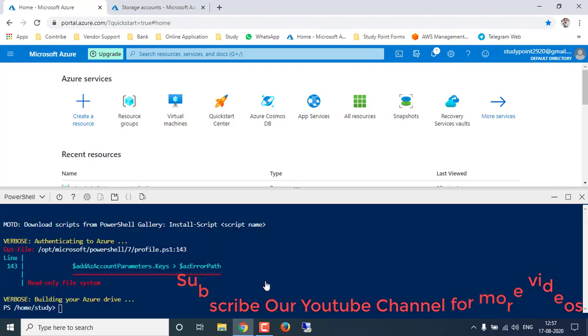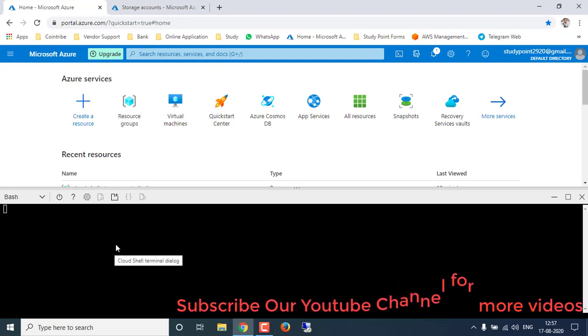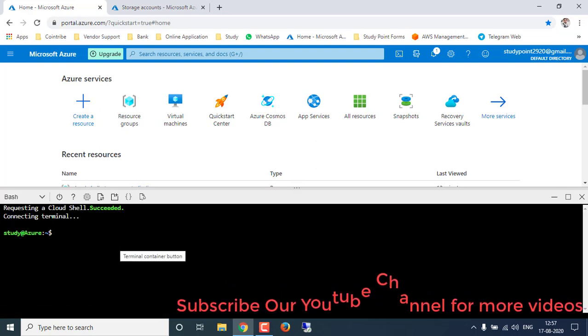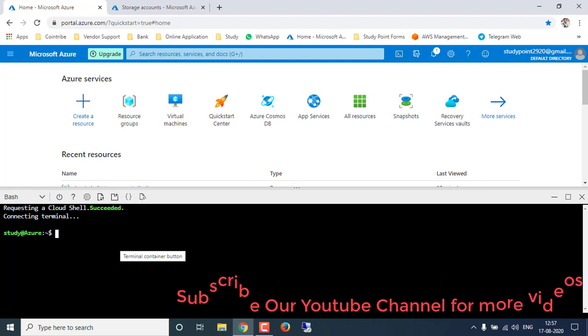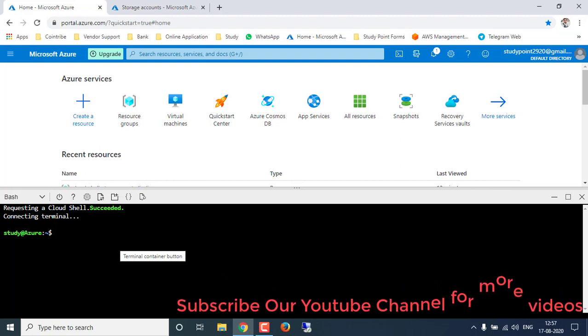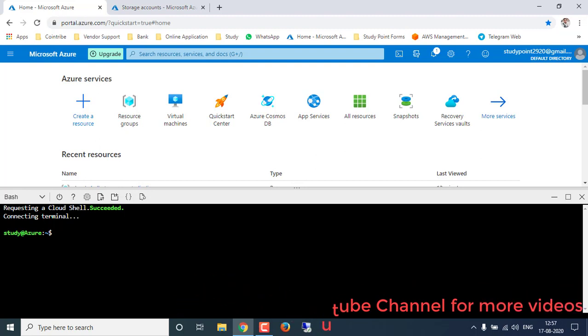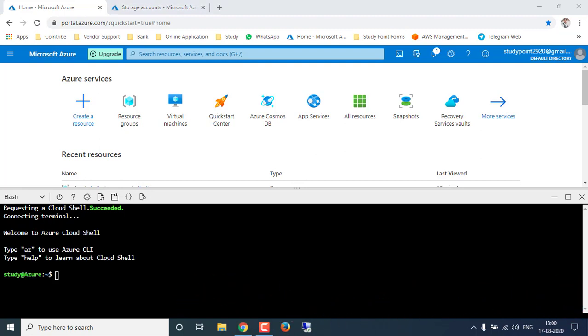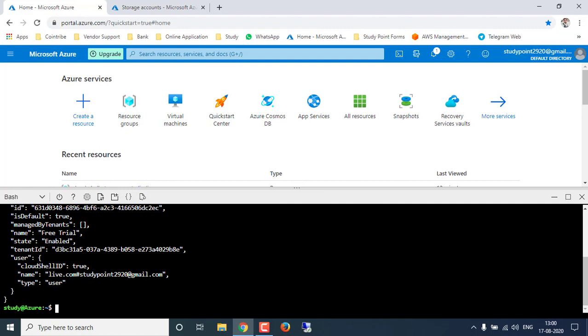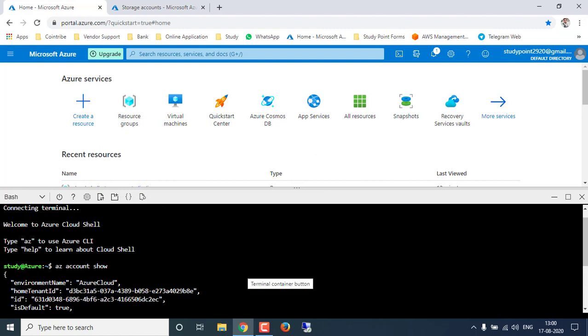So I will click on confirm, and then you will get the window for Bash. You can see the Bash window here, and you can work in the Bash window also. If you want to see your account list and account details, I will show it in Bash in Azure Cloud Shell. So if you want to check the list of your accounts here, type the command az account show and enter. Then you will get your account details like subscription